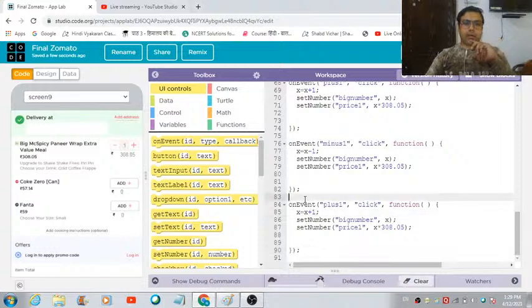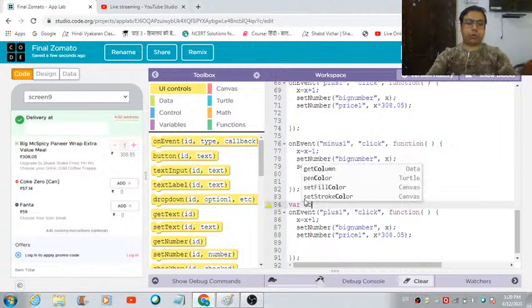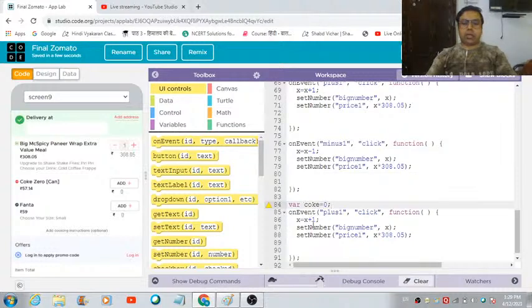Okay, now I am going to make use of another variable for this Coke. That is, let's make use of Coke. Coke is equal to, so initially it is going to be 0, and as soon as the user hits this button, I would like the value of this variable Coke to get incremented by 1. Now